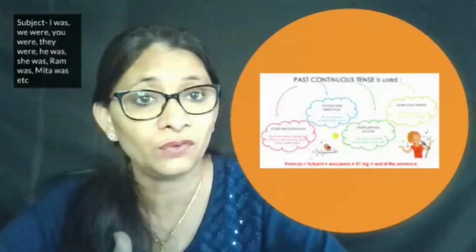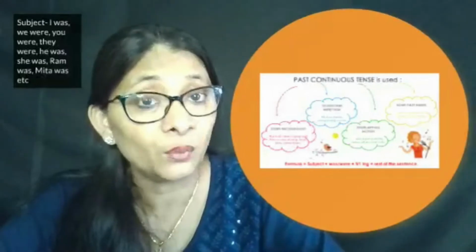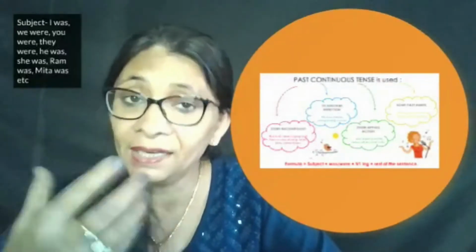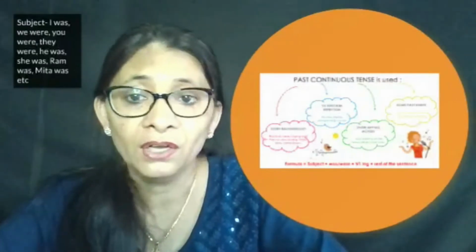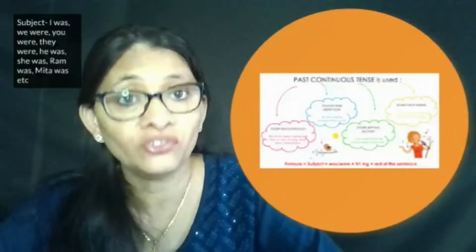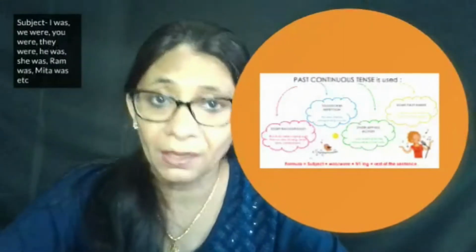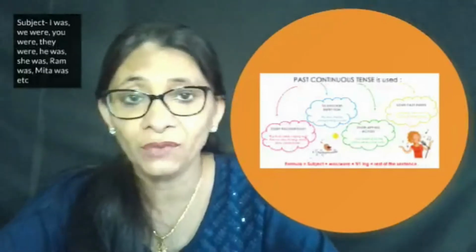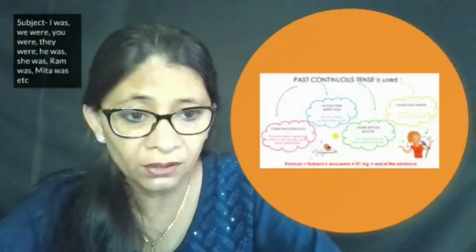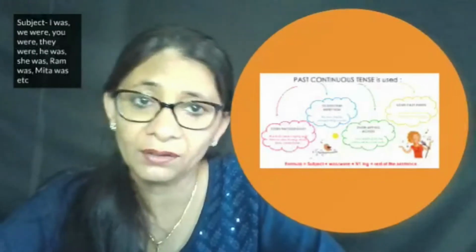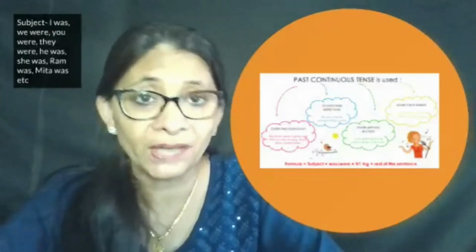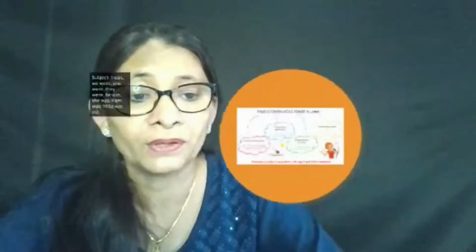Please remember, these are the things which you will have to remember, and this is where that chart will come into use. If you have made the chart, you will see it again and again, and it will be ingrained in your mind. So please make the chart. Say I was, then V1 plus ing. I was speaking. I was sleeping. You were talking. They were singing. Like that. Write down the examples that are jotted here, and do as many examples as you can. Keep on changing the sentence from one type to another, and you will quickly grasp the topic.